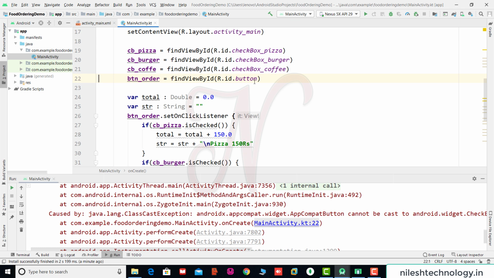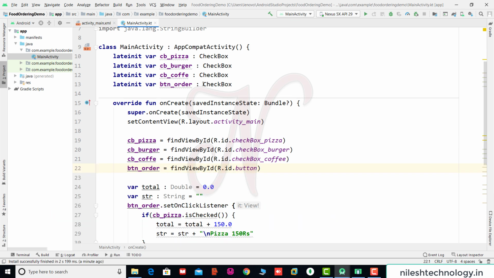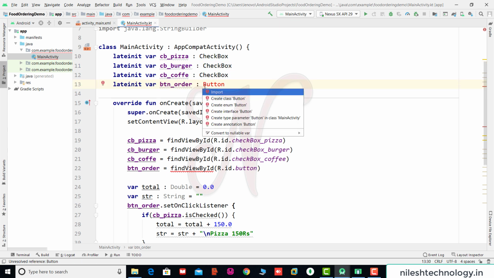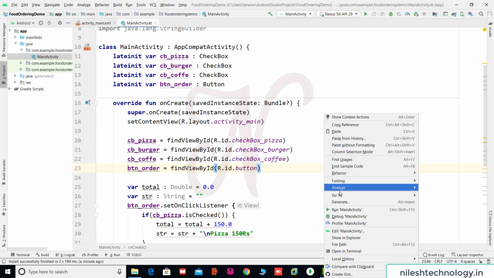So R.id.button, yes, here this is your button, not a checkbox. So again save these changes, import this button. Okay, now run again.